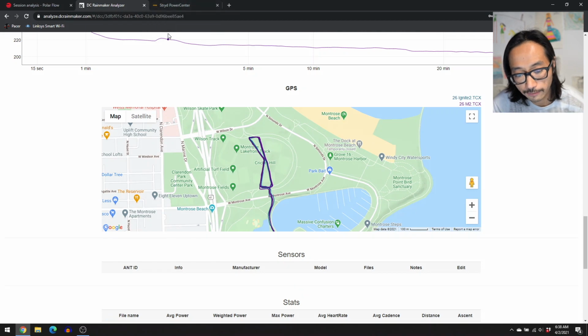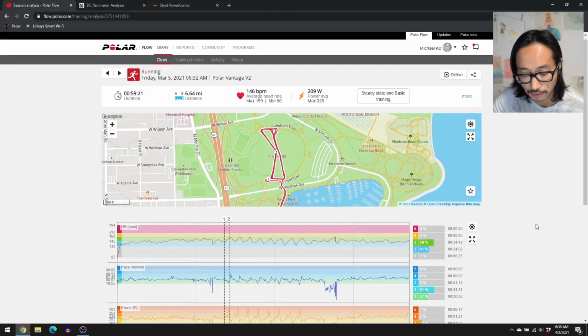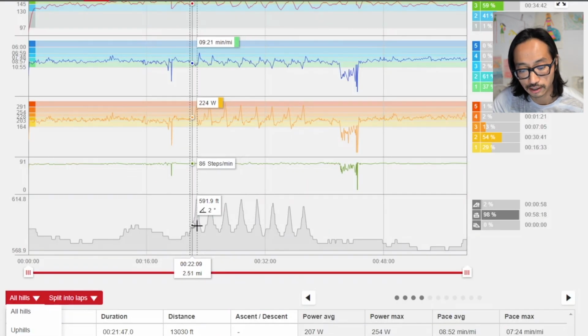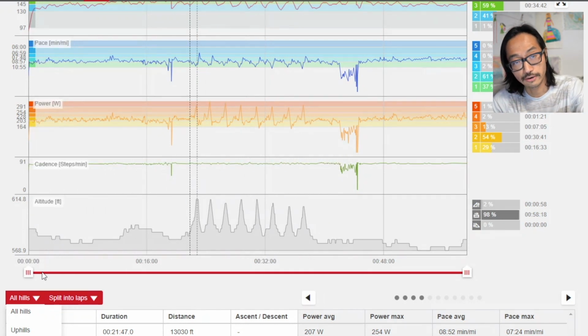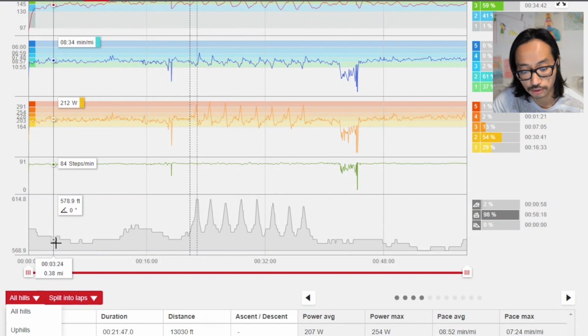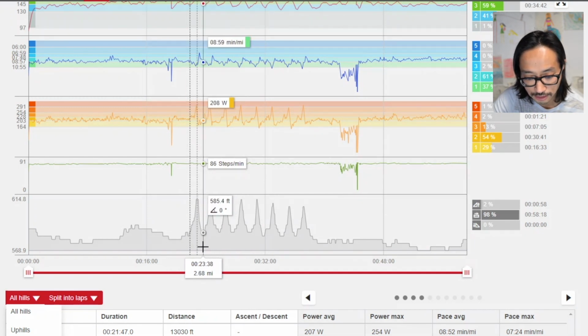So I go up one side, I turn around, come back the other, and I just do loops that way. I've got the same kind of GPS tracing, but the Vantage V2 gives me a much different sense of the altitude readings. It doesn't give me that giant roller coaster downhill, because it's not picking up my altitude from GPS. This is what my actual altitude changes are. So it's letting me know that this hill I'm talking about goes from about 2.68